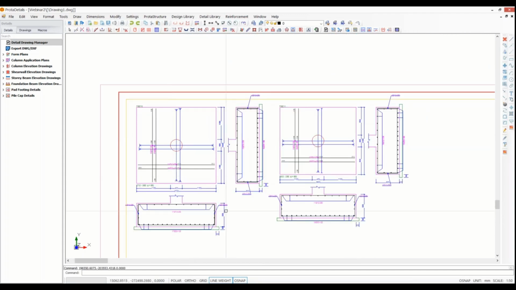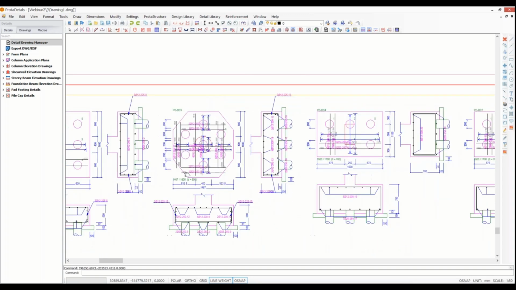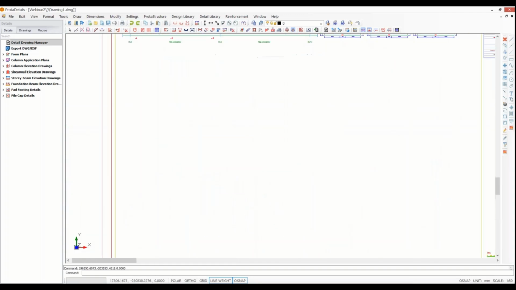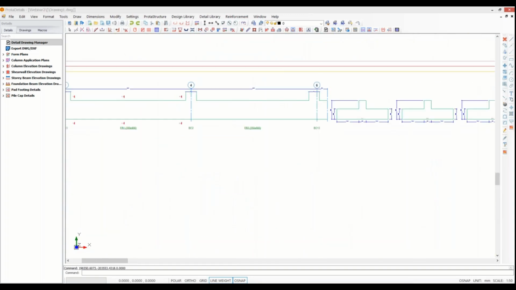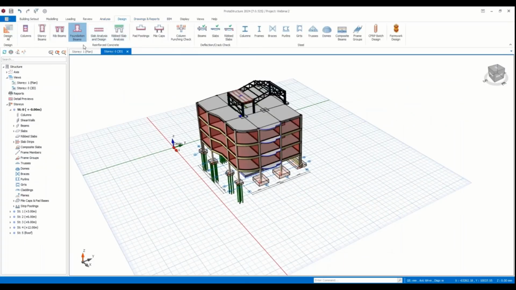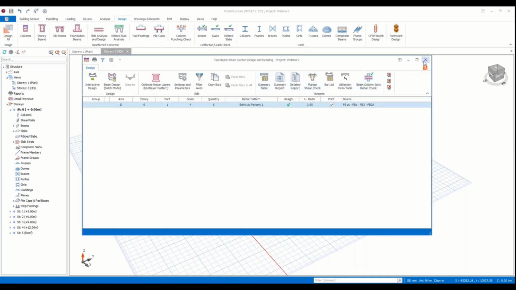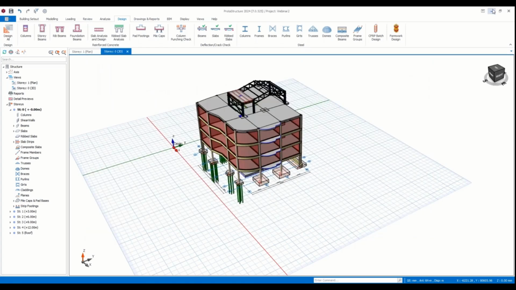You can see our head footing and also pile caps. By the way, we forgot to design strip footings. So if you want to have the detail of strip footings, you need to run the design of foundation beam, then you will see the detail of strip footing. Okay,